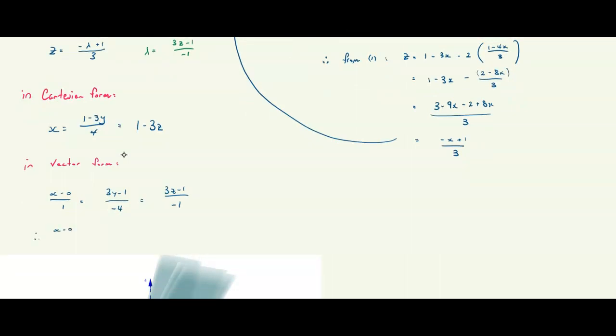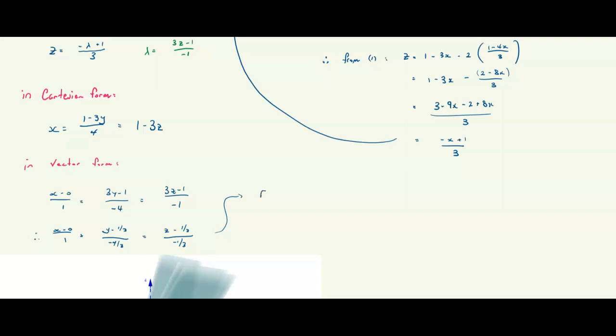Therefore, x minus 0 over 1. I'd need to divide through by 3 now. So it'd be y minus 1/3 over negative 4/3, and I'd divide through by 3 here, so I'd get z minus 1/3 over negative 1/3. Now from that we could write